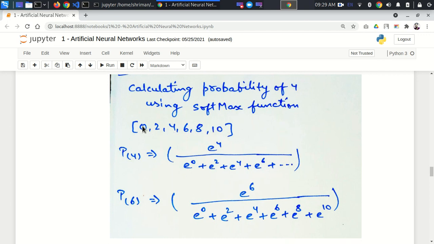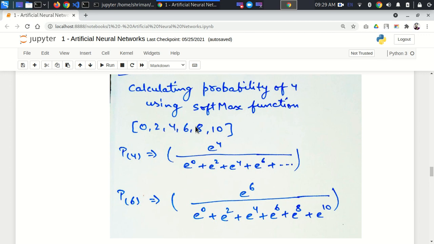Now see, these are the probabilities. There is a 0 probability for classes 1, 2, 4. We are trying to calculate the probabilities of an object, and I have to find out which class it actually belongs to. So in that case we calculate the probability.